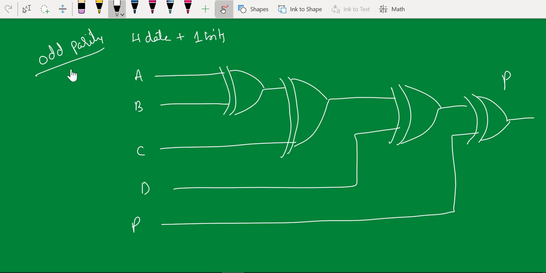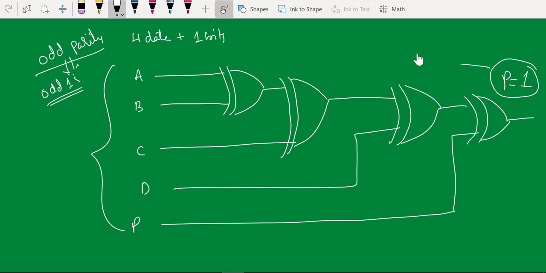Now please listen. Now I am detecting the odd parity. That means you look for the odd number of ones, whether the given input has an odd number of ones or not. Suppose the given data has an odd number of ones, you are going to get output as 1. So that means no error. And if the data is having an even number of ones, you are going to get output 0. In this case, it is having error. So it's very clear. It is just the opposite of your even parity detection.